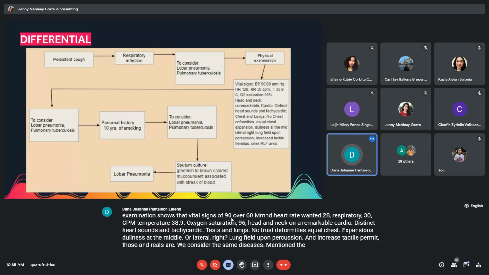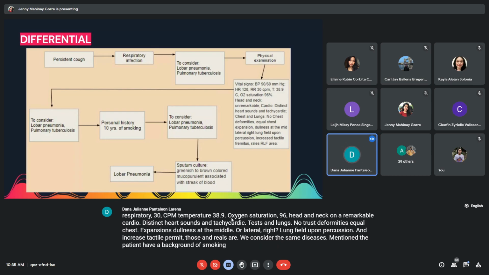The patient has a background of smoking for 10 years. Since the sputum culture shows